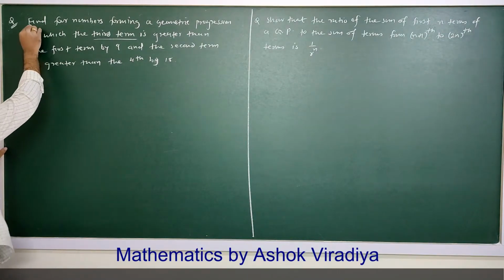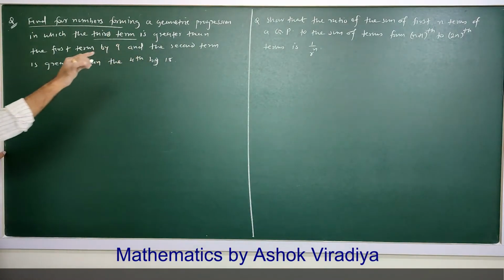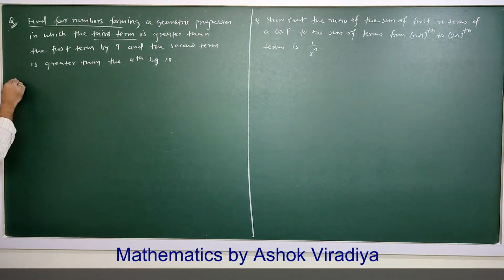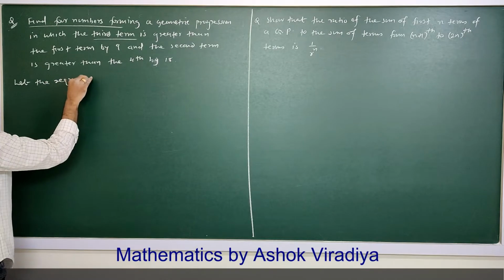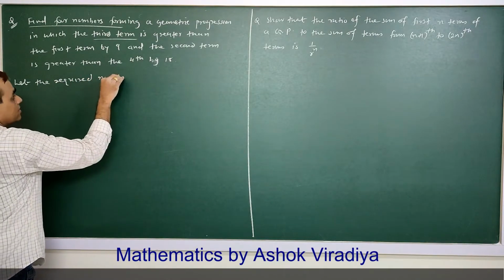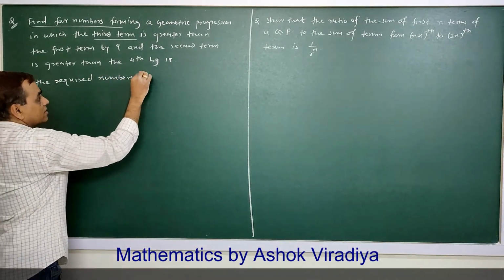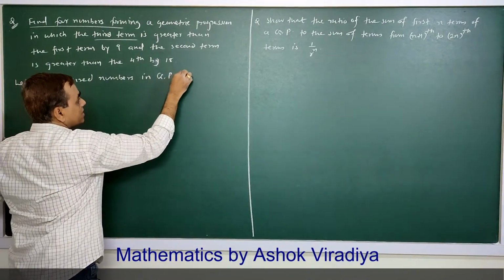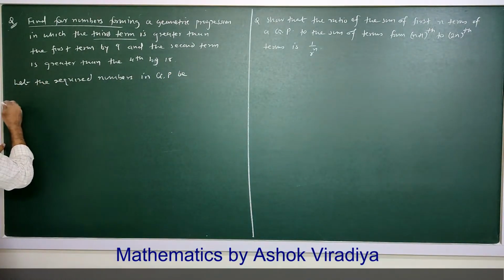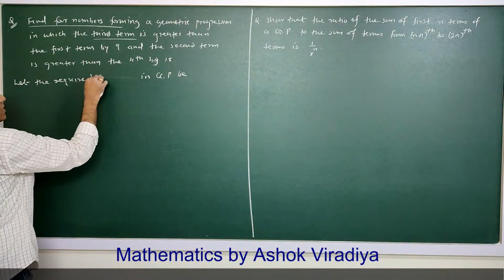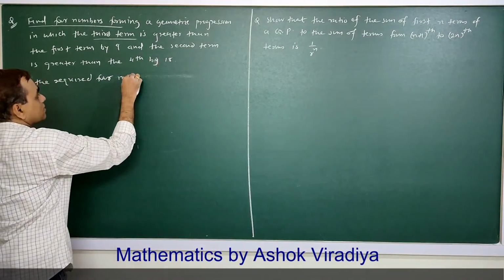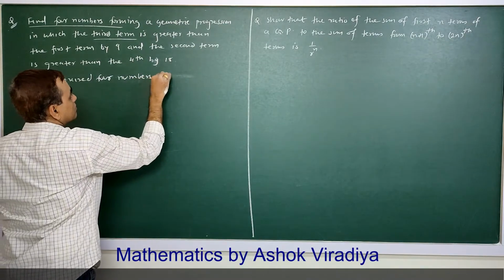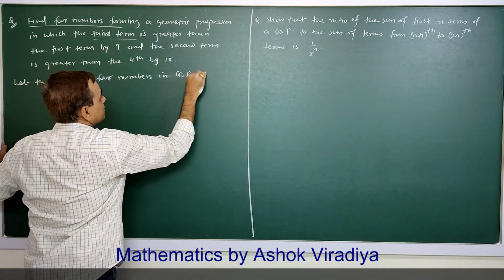So we want to find such 4 numbers forming a GP. So let the required 4 numbers in GP be